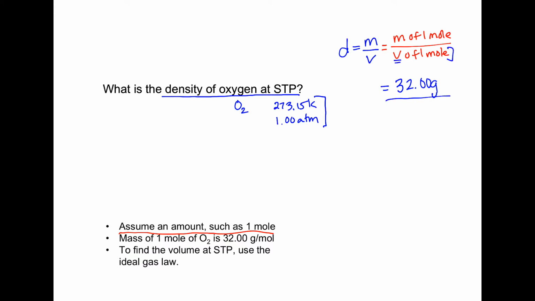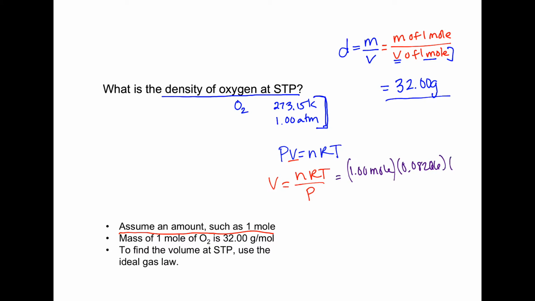So I'm trying to find the volume. I know the moles, and I also have this information over here. I have the temperature and the pressure. That means that I can use the ideal gas law. I'm trying to find the volume of 1 mole, so I'm going to rearrange this. And now I can put in my numbers. I'm working with 1 mole. R is a constant. I have my temperature. And my pressure is 1 atmosphere. Okay. And so my volume is